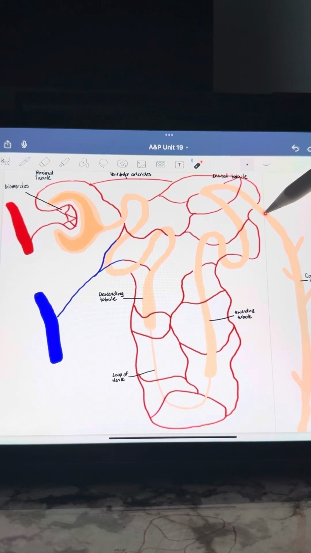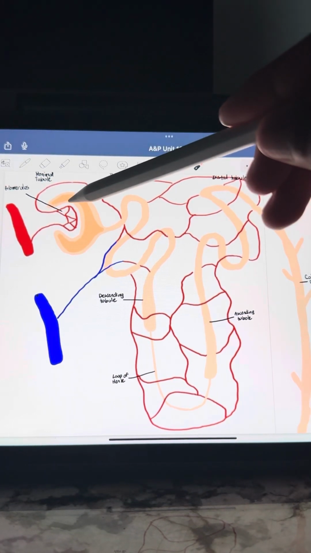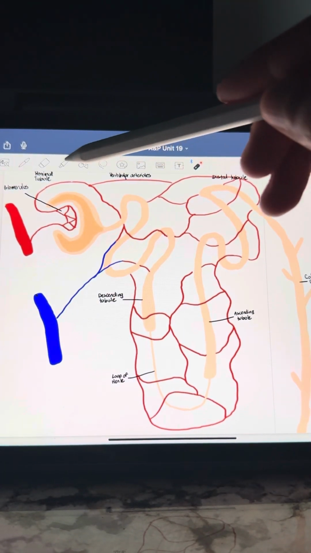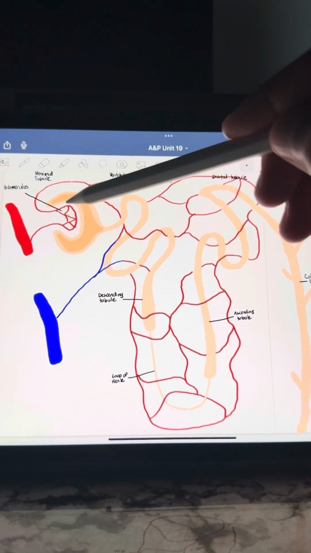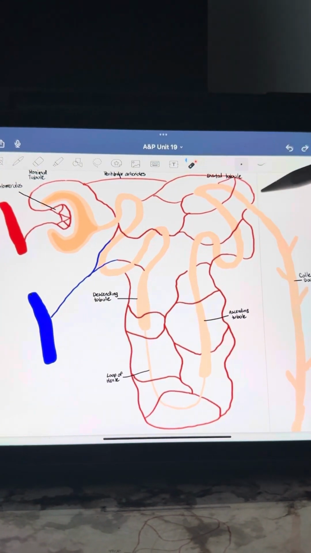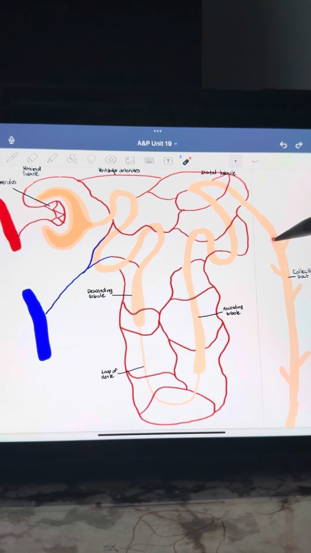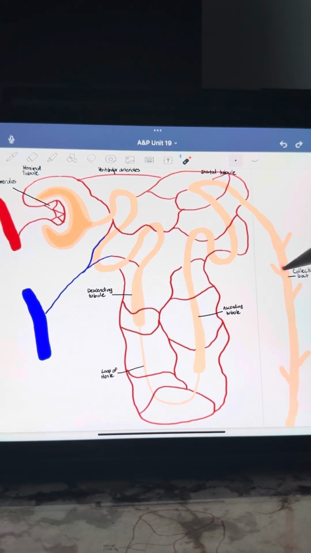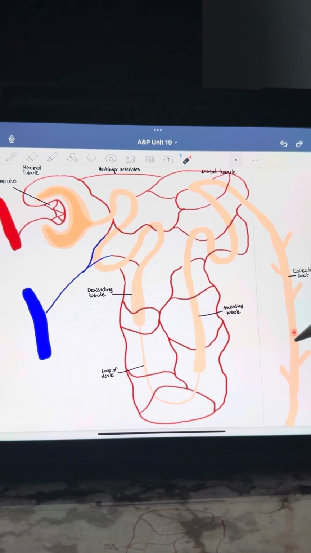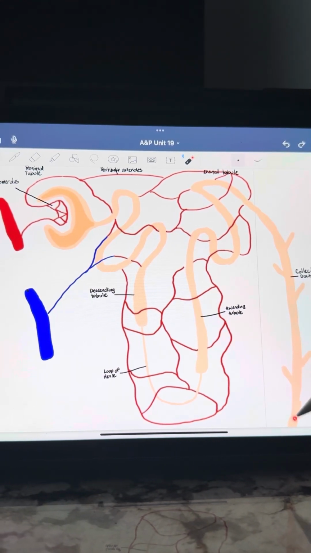It's called distal because it's more distal to the glomerulus, and the proximal tubule is closer to it. And then the filtrate will come into here, into the collecting duct, and eventually